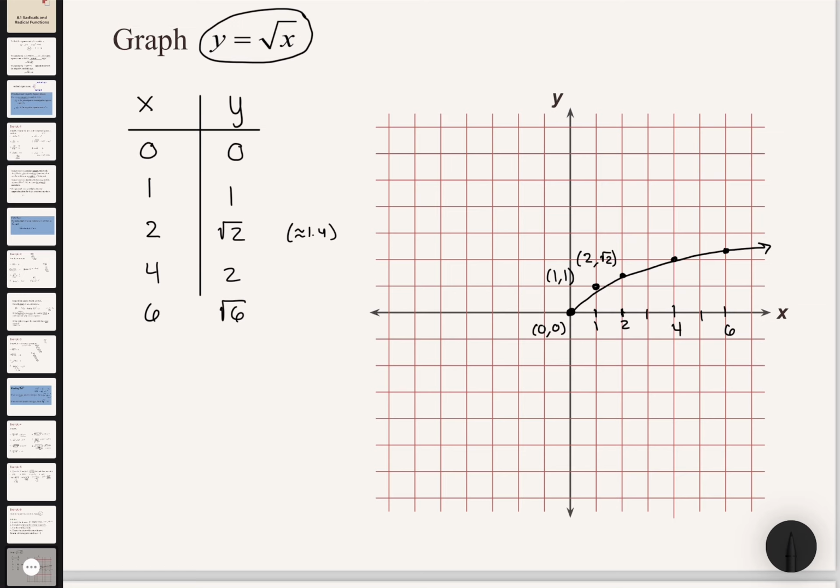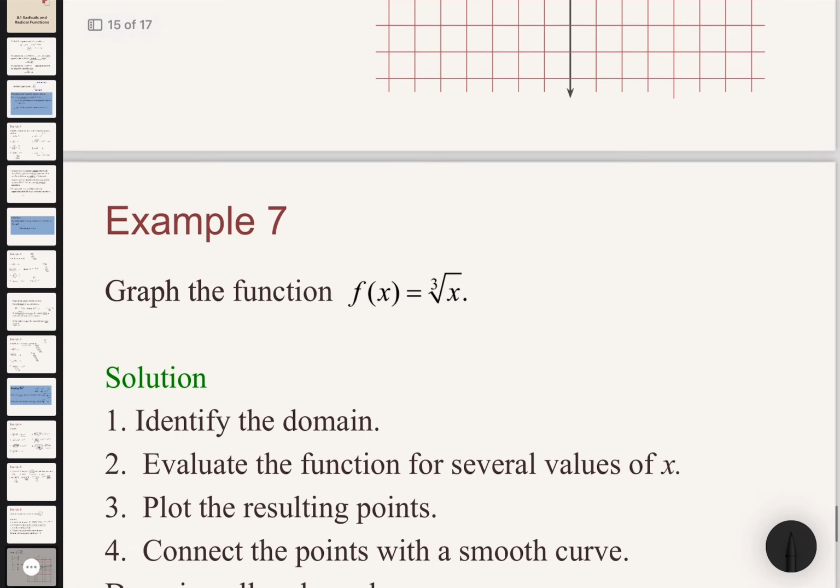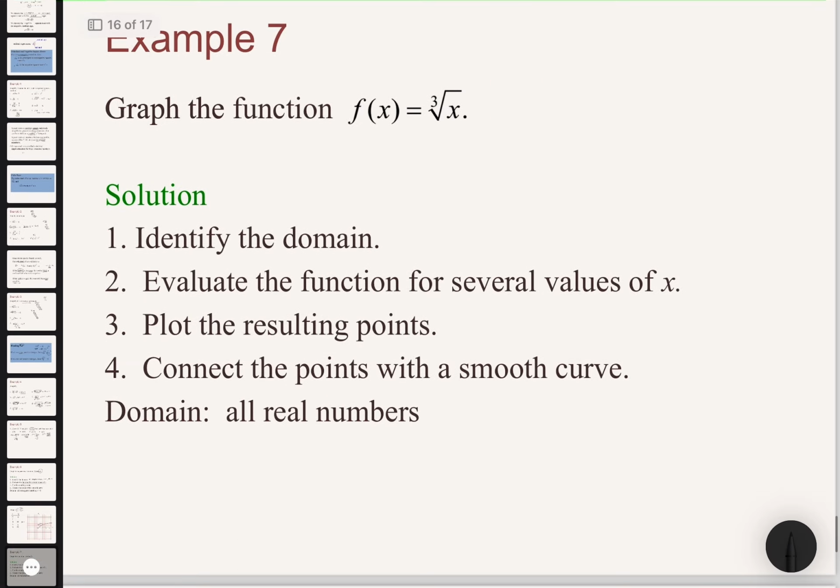Okay, final problem for this video is we are going to graph our cube root function and see, is it similar to our square root function? Is it a little different? What's going on here? For our domain,